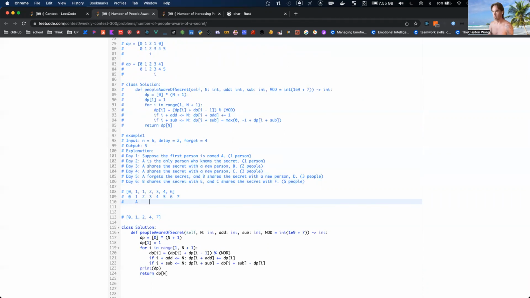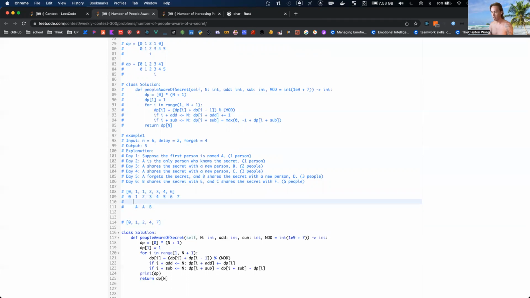I'm going to share it with person B. 3. Still the only person that knows it. Okay, that looks right. A and B. He knows it here. And then these two people will share it with